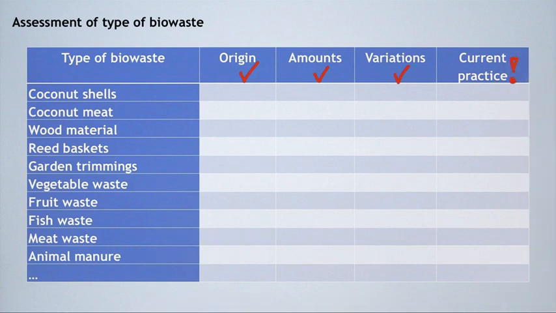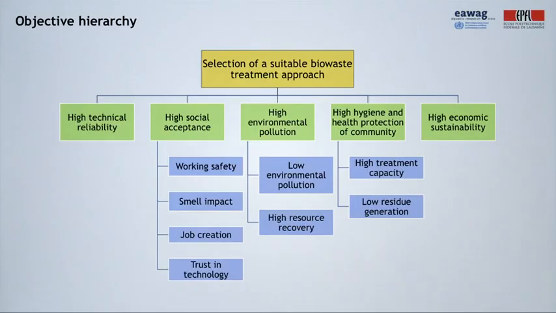If a recovery and recycling pathway is already established, it makes little sense to disrupt this. An example is the case of certain types of vegetable waste from the markets that are already sold or left to farmers for feeding livestock. The next step in the cycle is defining the goals and objectives with the respective sub-objectives. An example is shown here in this objective tree.